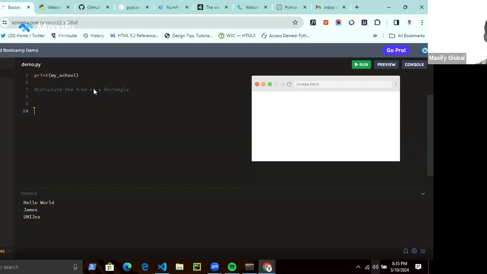We just want to explain another example of what the sequence structure does. So we are going to calculate the area of a triangle.